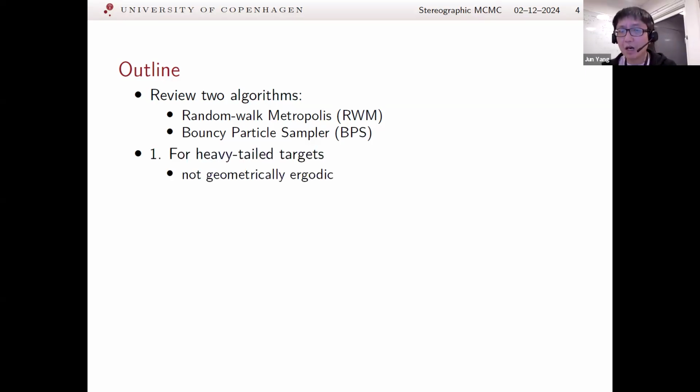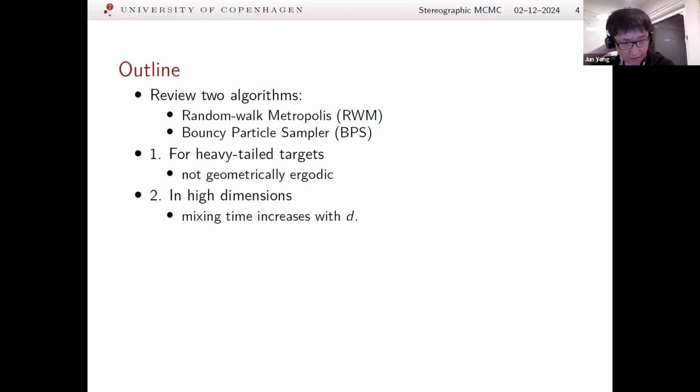So the first one is if the target distribution has a heavy tail. Then I will explain why none of these two algorithms is geometrically ergodic. Geometric ergodicity is a property of a Markov chain that usually we hope our MCMC algorithm has, because geometric ergodicity implies a Markov chain central limit theorem. Once we have a Markov chain central limit theorem, we can collect the samples from the MCMC algorithm and do a certain type of inference using the samples. So unfortunately, you can see if your target distribution has a heavy tail, none of these two algorithms is geometrically